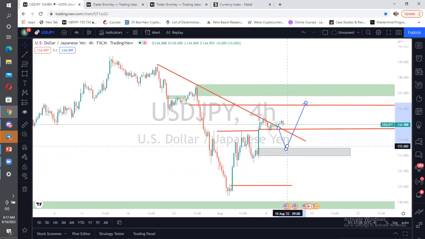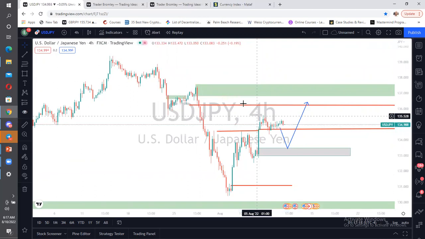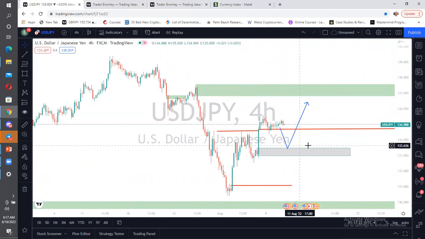So we're expecting these guys to come down to this particular level here before we take our buy trade to the upside. As you can see, they've taken out the trend line liquidity, so I'm taking this out. And I'm also taking this out. So these are the zones we are watching. I will think of taking USDJPY once it hits this level on a buy side. That is what I'm expecting.